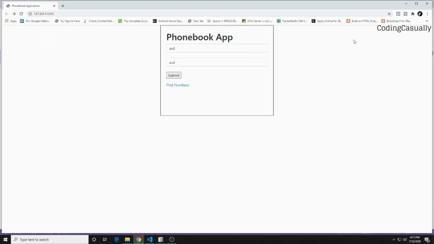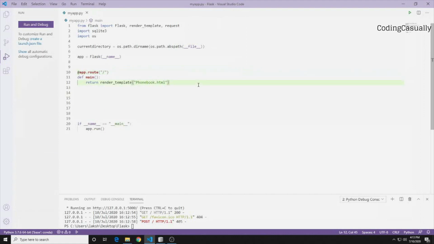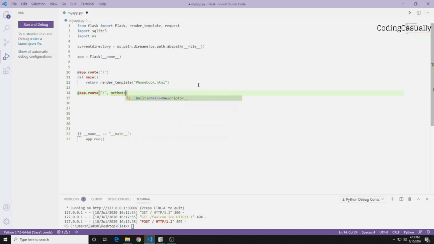So this is something that we pull out from the HTML file, and now we'll close this and we'll go further with the application. Now we have to pull out the information from the form which is there in the HTML, and we'll write app.route, open the bracket and say that the form is in the main page only, and then we'll use the methods